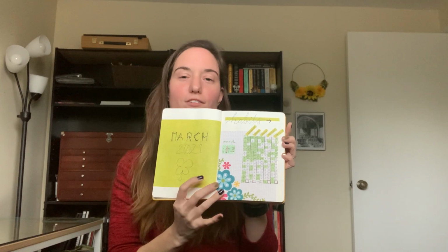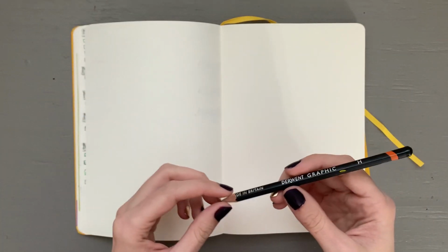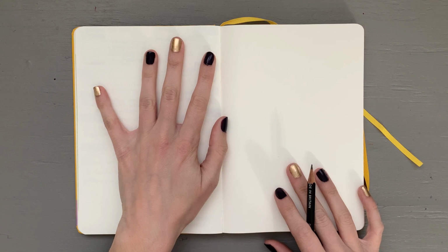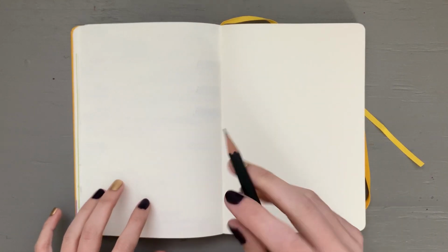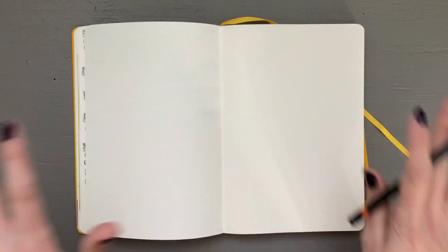So March, I did a fun little spread. I decided to start getting a little bit more creative with my bullet journal. And now here we are in April. So let's go ahead and fill this guy out and see what we come up with. Now, the first thing that I'm going to do here is use my Derwent graphic H pencil just to figure out exactly what the layout of this